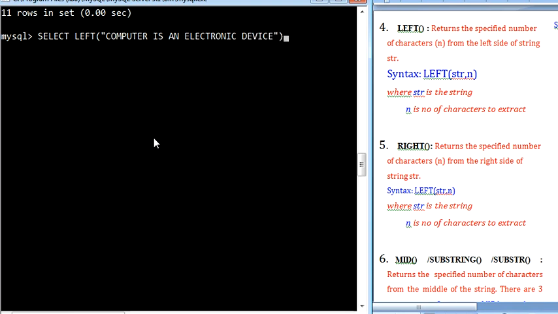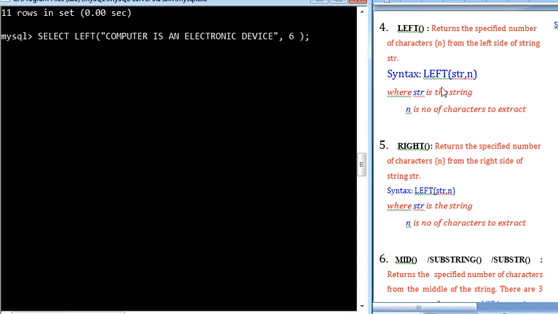Just type some text, semicolon, and it takes two arguments. The first argument is our statement or string, whatever string you want to pass, followed by a comma, and the second argument indicates how many characters you want to extract from the leftmost side of your string. Like I want to take it as 6.